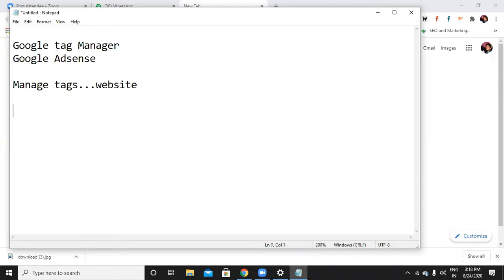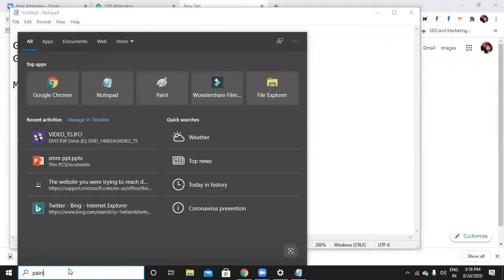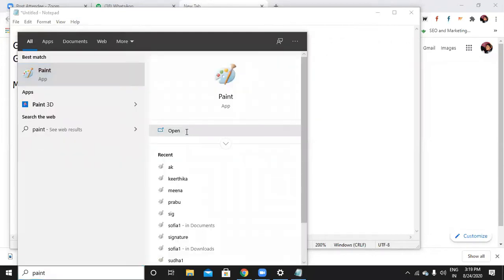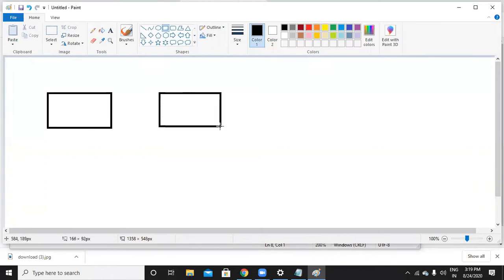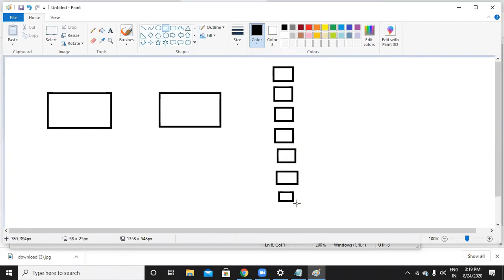Now I'll show you one diagram. This is a website. This is a Google Tag Manager. And these are your Facebook pixel or Google Ads, conversion tracking, remarketing tracking, Google Analytics, LinkedIn, Pinterest. So what is happening here?